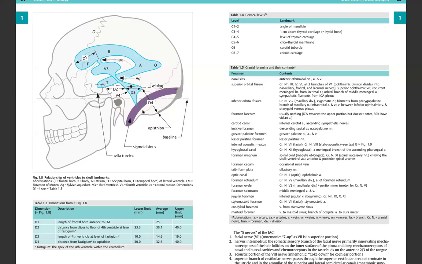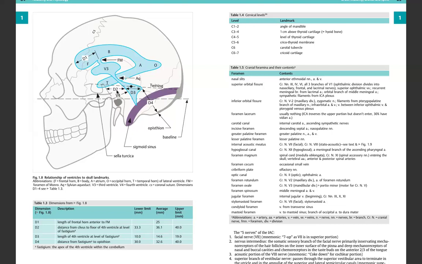Those are the important structures. So here we have 25 millimeters. This is between 30 to 40 millimeters, average of 32.6. That's D3. D2 should be